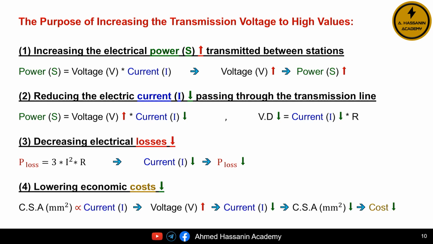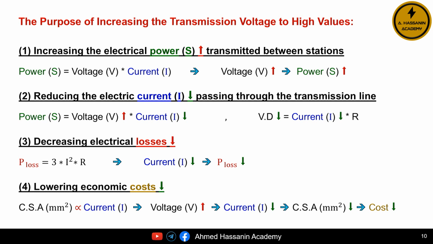Fourth and finally, increasing the voltage can reduce the overall cost of the transmission line. That's because the size of the conductor or its cross-sectional area is directly related to the amount of current it carries. If we raise the voltage and lower the current, we can use smaller conductors, which means lower material costs